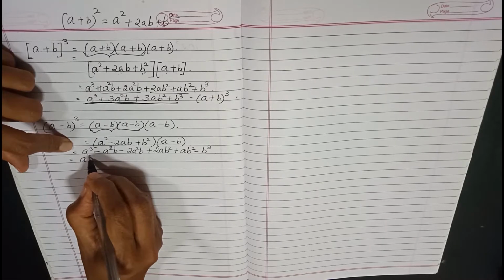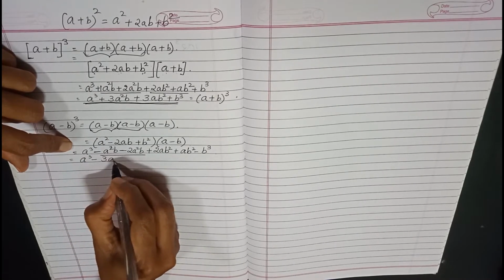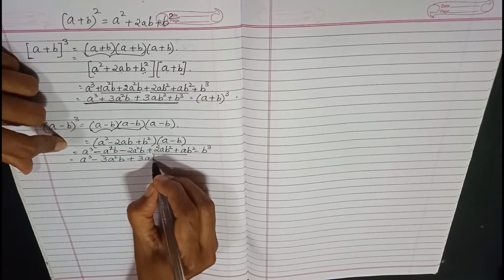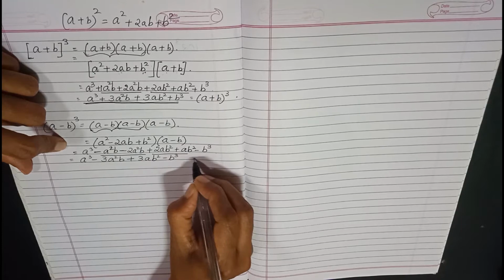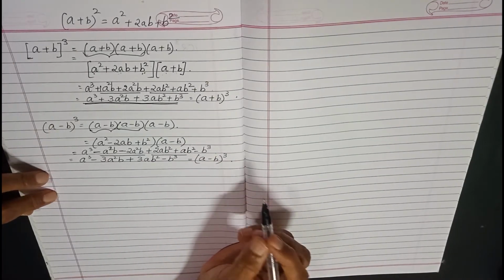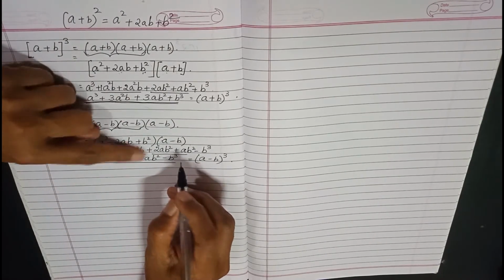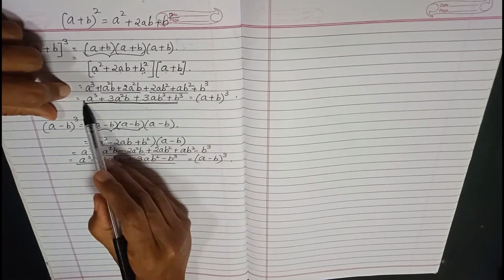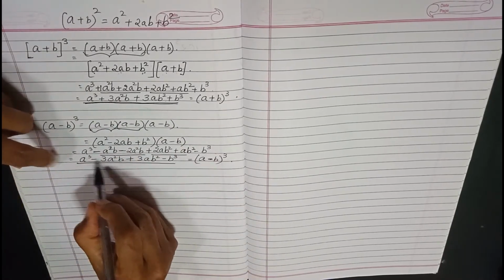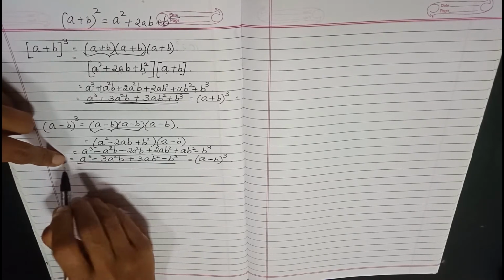Let's again very quickly add the like terms. Both are minus, so this time we will have minus 3a square b. Here both are plus. So plus 3ab square minus b cube. So now this becomes the expansion for (a minus b) the whole cube. Now if you compare, you can see all the terms are same, except here there was a plus sign, so all the terms were positive. Here there is a negative sign, so you have alternate signs: plus, minus, plus, minus. This is what you should remember.